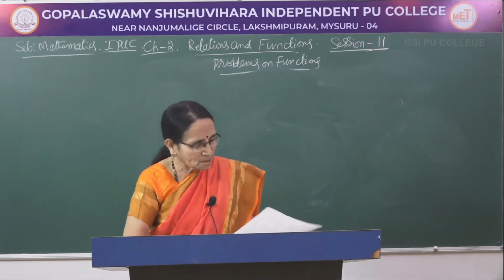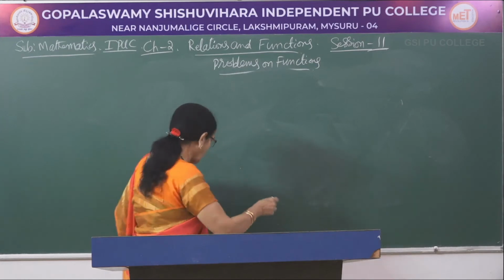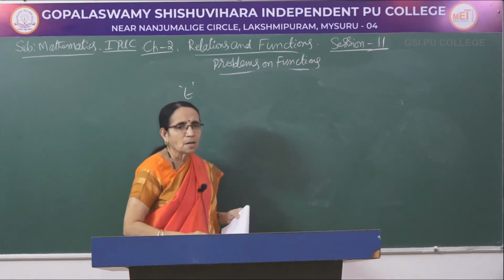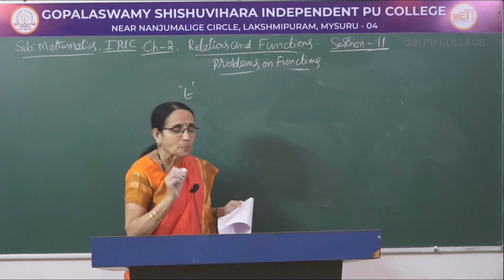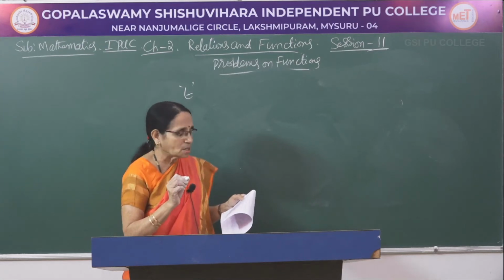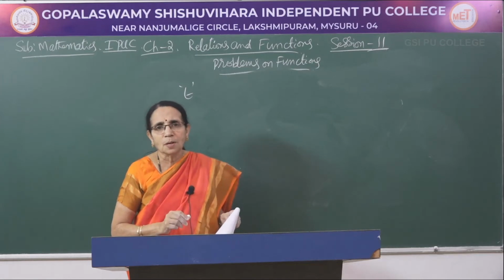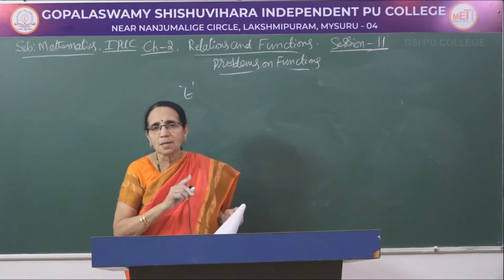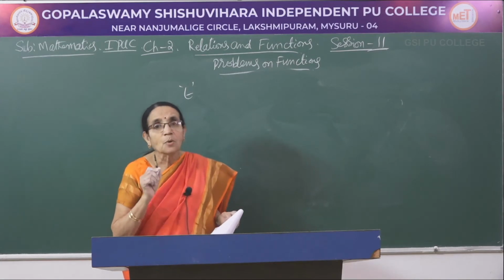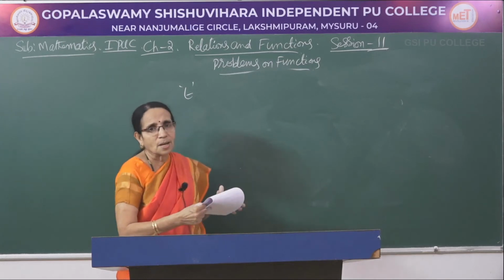Now, same type of problem here. I am reading the problem: the function T which maps temperature in degree Celsius into temperature in degree Fahrenheit. I think you must be knowing this one. The temperature can be calculated in 2 different ways: one is Celsius, the other one is Fahrenheit, isn't it? So, the function is denoted as T here.